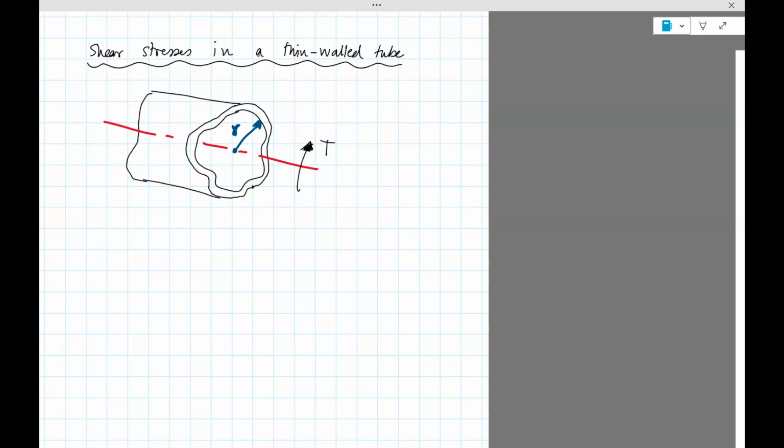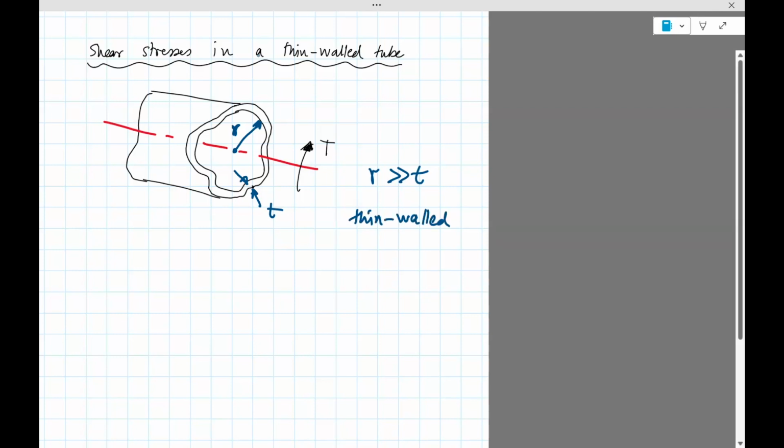Okay, and then let's say that t is the thickness. When r is much greater than t, that is, the length scale associated with the radius is much greater than the thickness t, this is when you will say that this is a thin walled